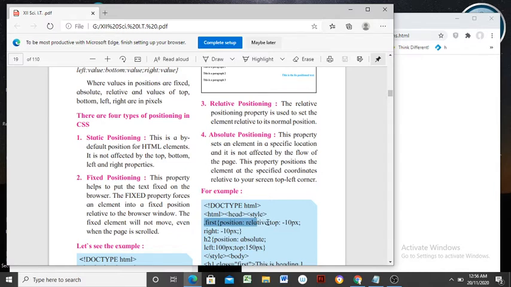And what values they have given: top minus 10 pixel, right again minus 10 pixel. These minus 10 pixel values for top and right are nothing but leaving a space at the right side as well as on top, while the minus number is there.